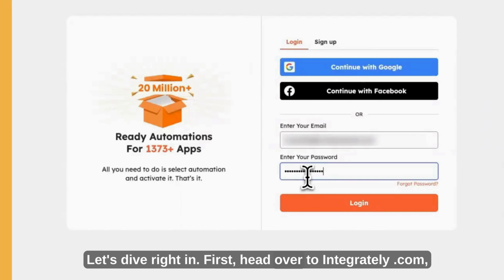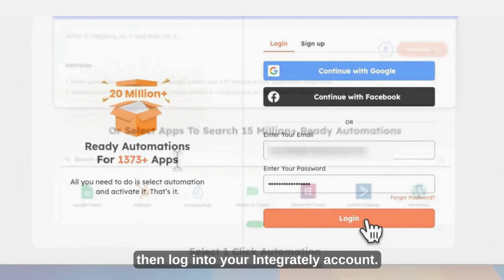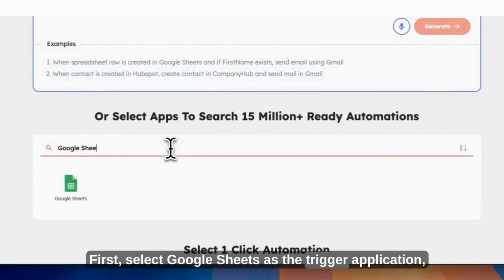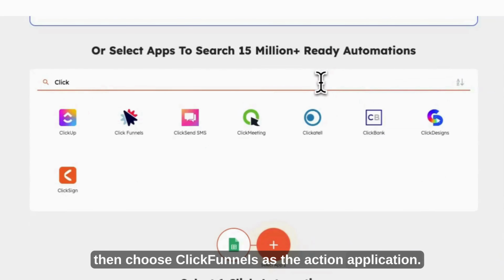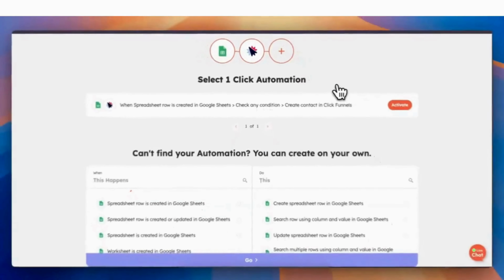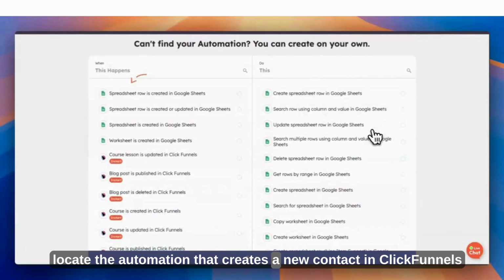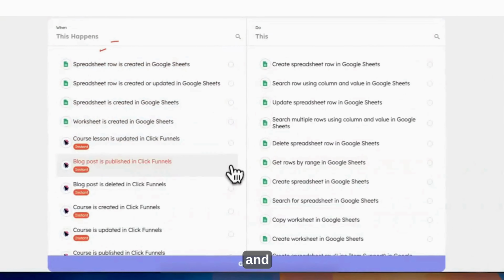Let's dive right in. First, head over to integrately.com, then log into your Integrately account. Select Google Sheets as the trigger application, and then choose ClickFunnels as the action application. Next, locate the automation that creates a new contact in ClickFunnels whenever a new row is added in Google Sheets,